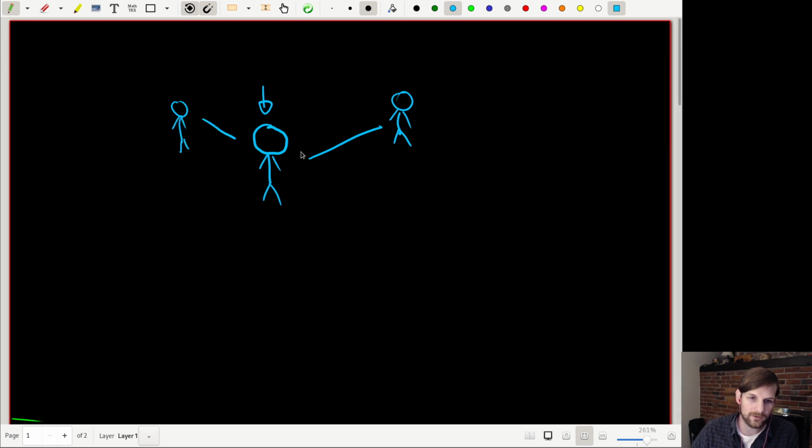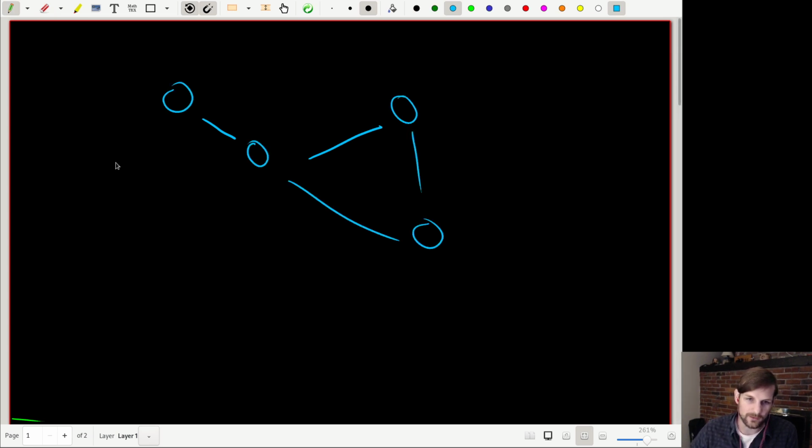The point is, I'm going to define a graph as basically any set of connected people, or abstracting it to any set of connected nodes, which I'll draw with circles in here. Now, of course, we can connect them in any way we so choose. So I can create like a little bow tie here. Maybe this guy's connected over here. It doesn't really matter. The point is that this particular character is connected in some way to this character over